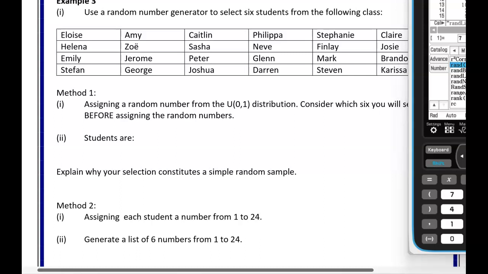So you need to select 6 students. How are you going to do that? How are you going to select your 6? Are you going to select the 6 highest? Each student, so you're going to generate 24 random numbers. Are you going to select the 6 highest, the 6 lowest? That's probably the easiest of the two. Everyone gets a random number, and you're going to say, right, I'm going to select the 6 highest random numbers that come up. They will be my 6 students, or the 6 lowest, or